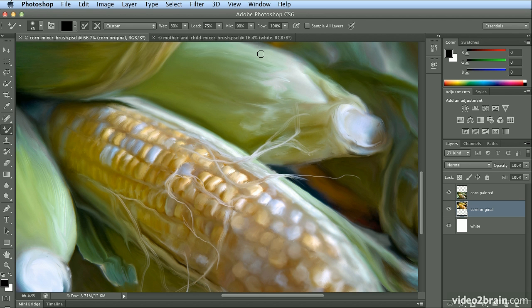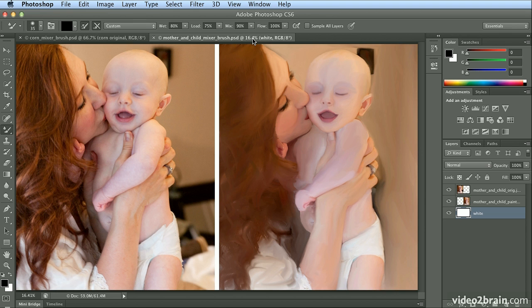corn. If I take a look at another example, this is one I did, so it won't be quite as good, but you could see an original photograph and then the painting that was done to turn that photograph into a hand-painted work of art. I'm going to close these two,